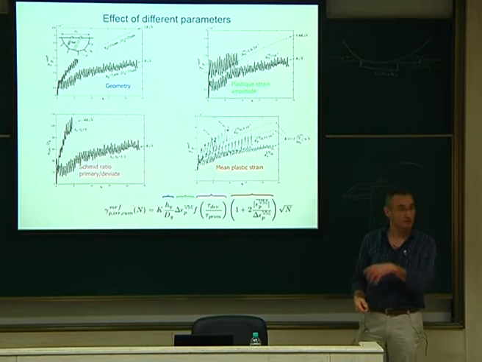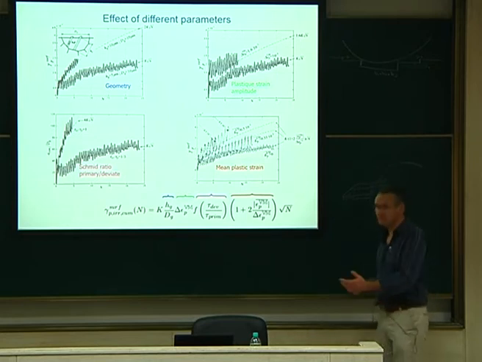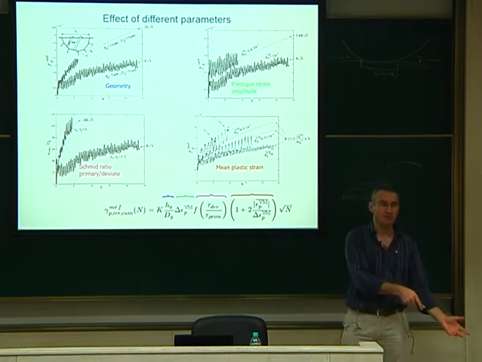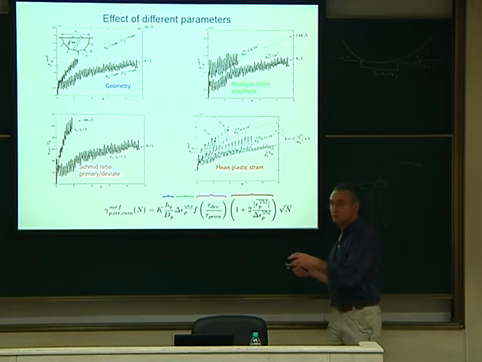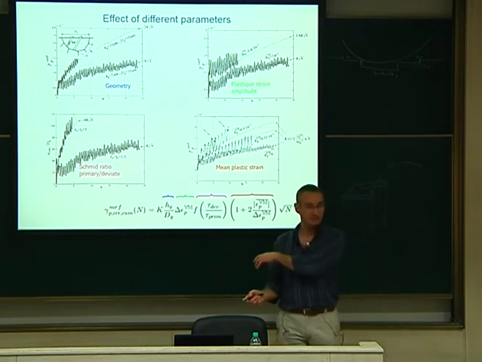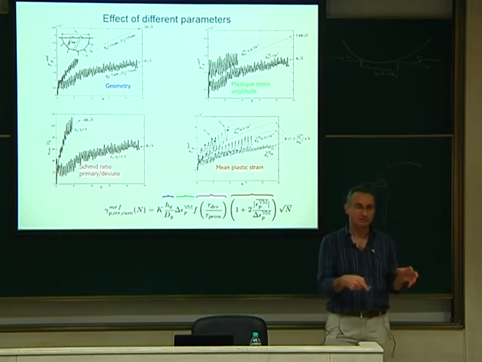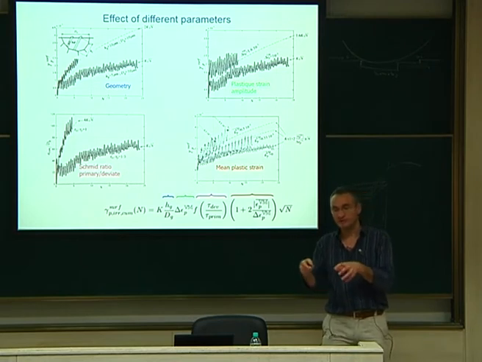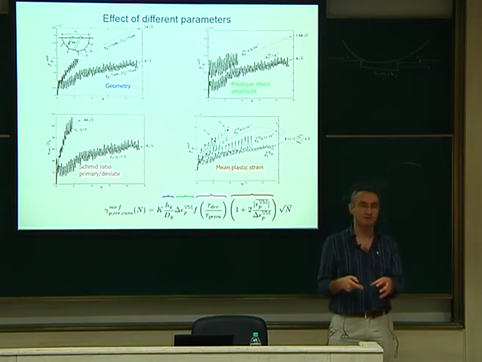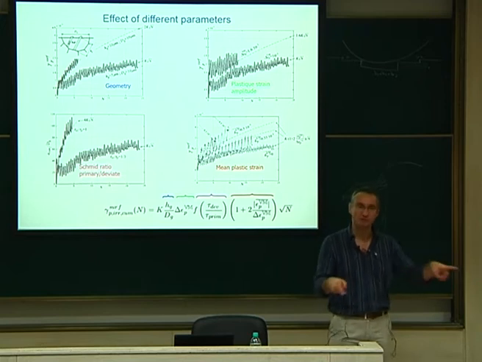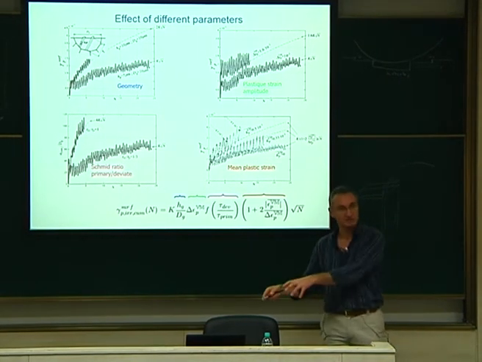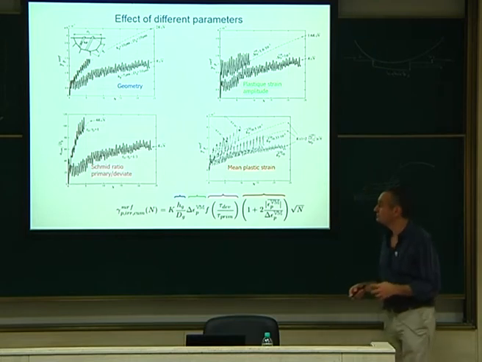Okay? So this again is just a comparative study of DD. And I think this is how you should use DD. You should not say, okay, DD is reality, this is what is happening in your material. It's not like that. What you should say is, you should first fit on an experiment, as I showed you. You fit your DD so that you are confident that it works more or less. And then you change your parameters to explain to people what is the effect of such parameters on their behavior. Not to say, I want to reproduce exactly one by one what you did. This is too complicated. It's better to have it nicely working for a given point, and then you change parameters and you see the effect of parameters. I think this is how we should use DD.